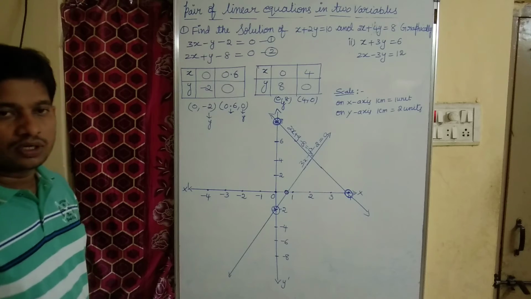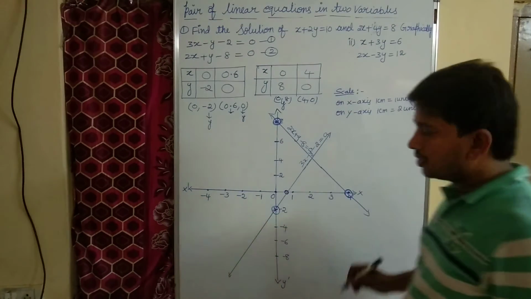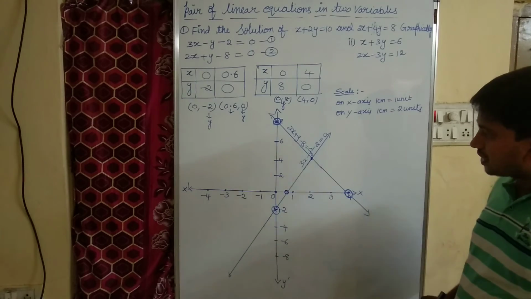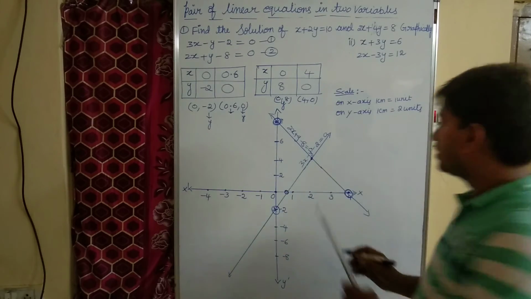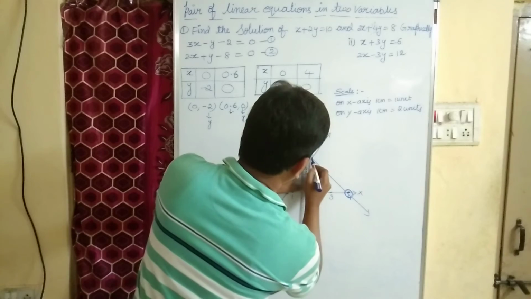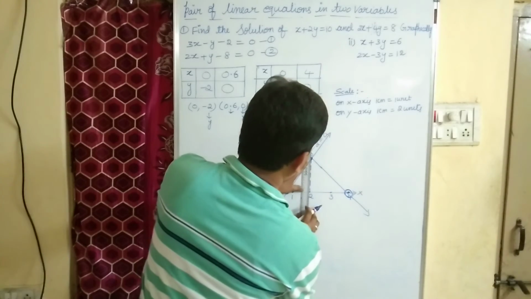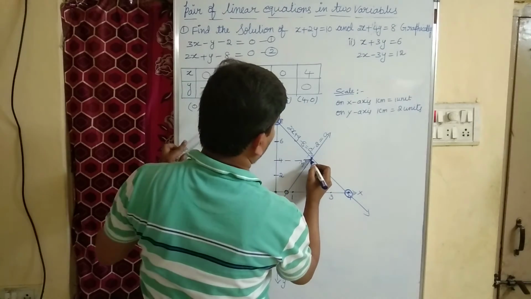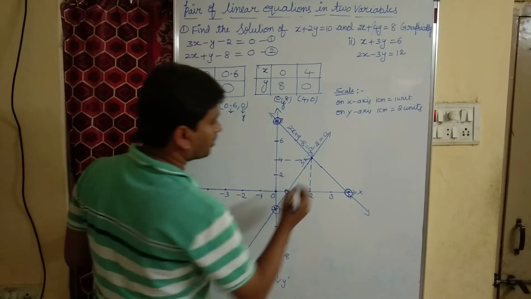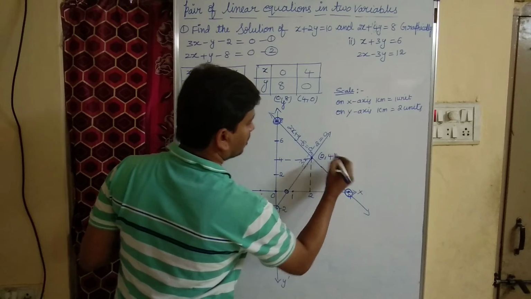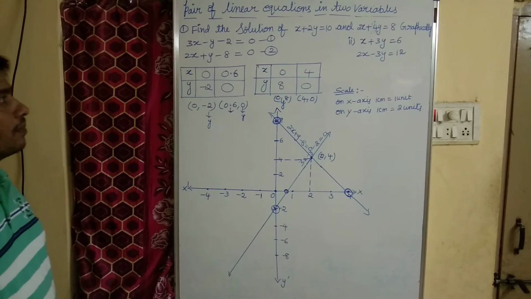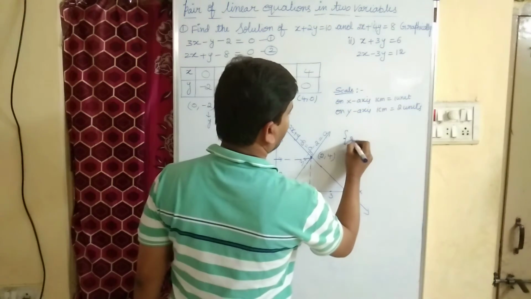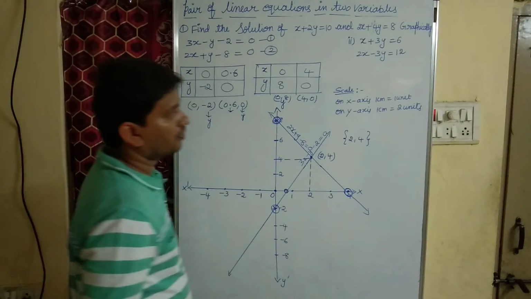If you observe this, the given system of equations is going to intersect at this point. And the intersection point is, if we join this, on x-axis 2 and on y-axis it intersects at point 4. So what is the solution? The solution is 2, 4, right? So you have to write the solution also. Solve them graphically, they said, so that is 2, 4.